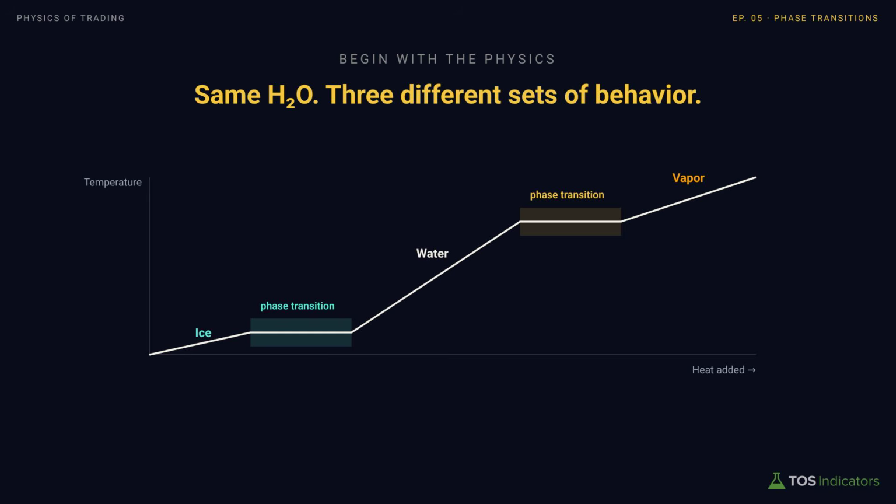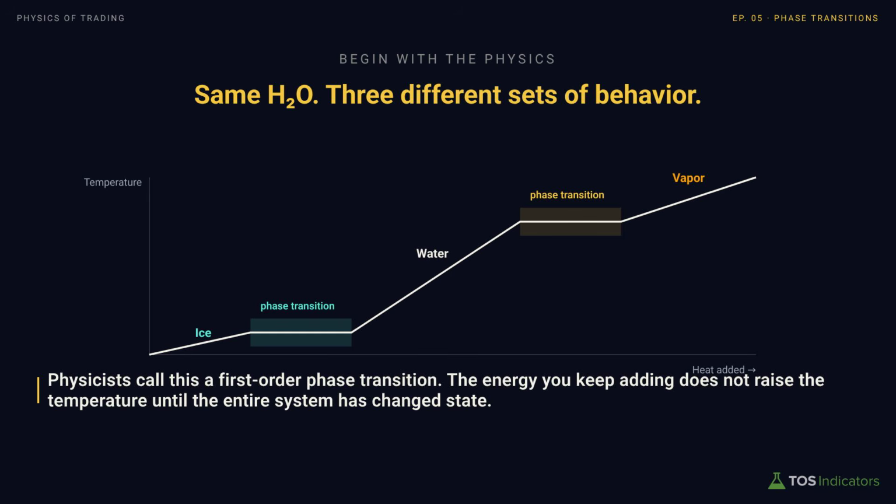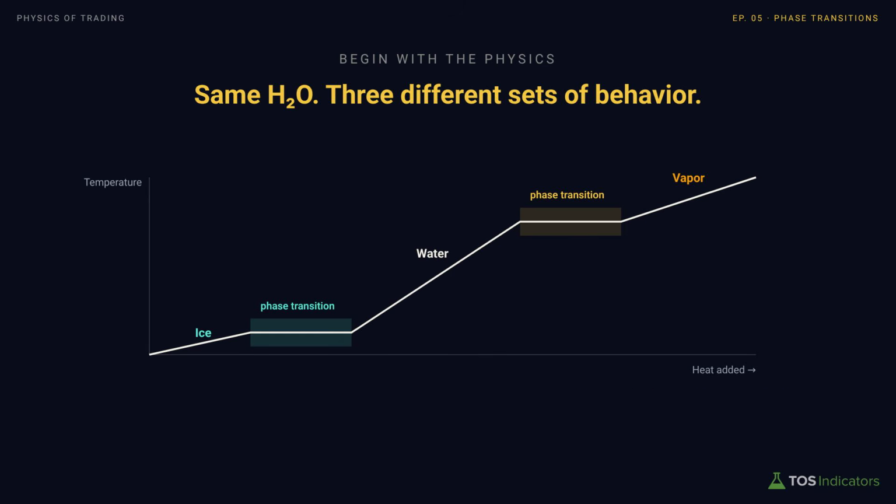Heat ice slowly and it warms in a straight line until it reaches 0 degrees. Then that warming stops. Energy continues to enter the system, but the temperature sits flat while the crystal lattice breaks apart molecule by molecule. Only after that last bit of ice is converted into water does the temperature begin to rise again. That flat region on the curve, if you imagine this as a curve, is the phase transition, a threshold. Once you cross it, the system starts to behave differently on the other side.